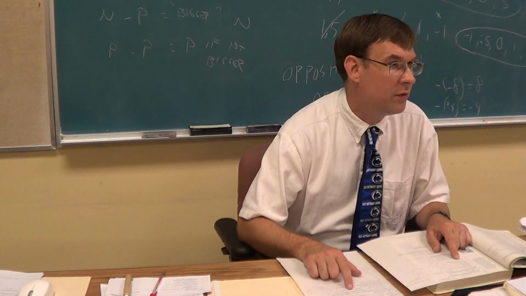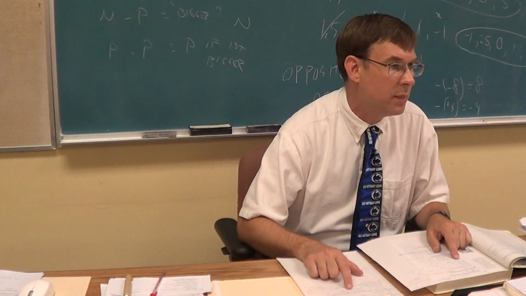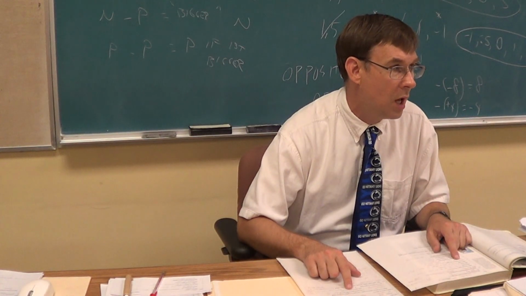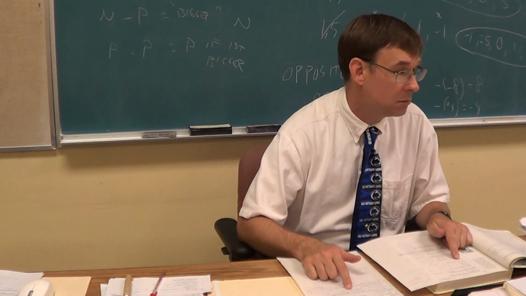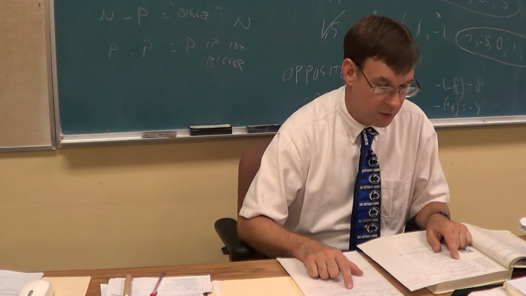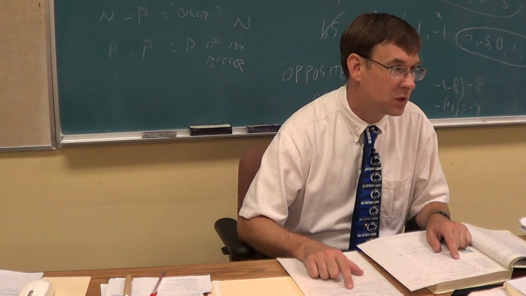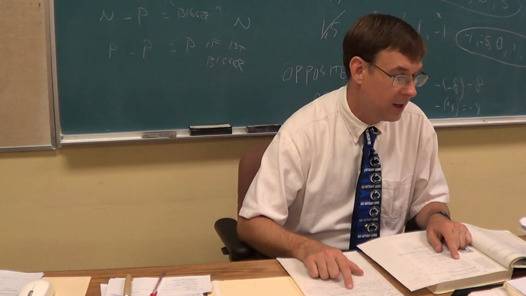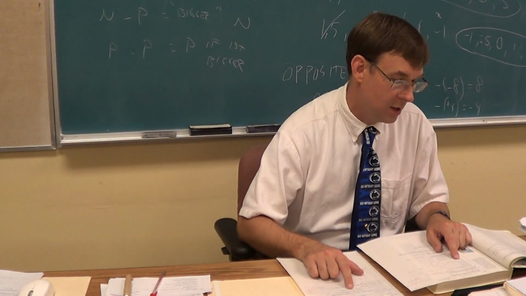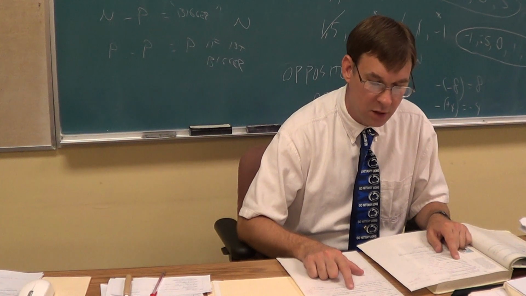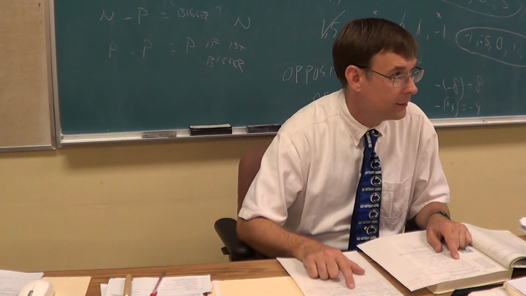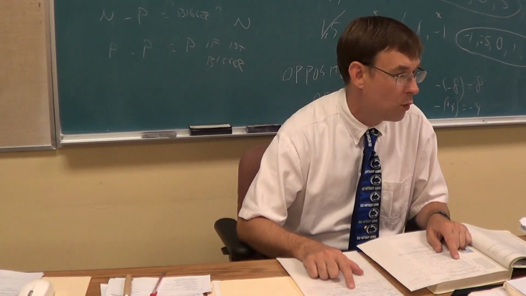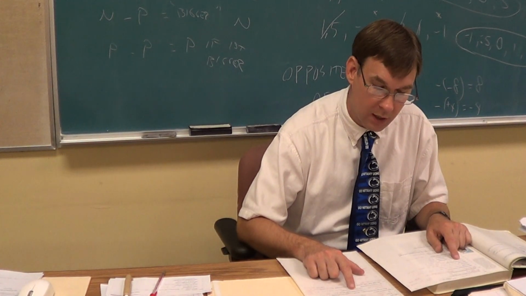So for example, if you went to the moon, your weight would be much, much lower, because the moon is much, much smaller, with less gravity. If you went to the sun, your weight would be much, much higher, because the sun is much, much larger. Go to the sun, you'd be flat as a pancake. Go to the moon, everybody would be dunking. Weight is different from planet to planet.